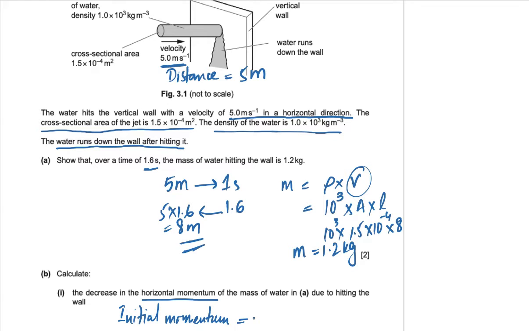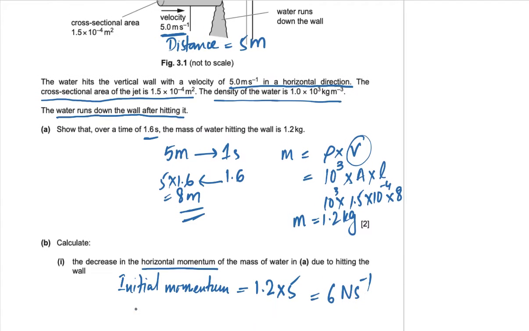The formula for momentum is mass into velocity. So the mass of the water in part A is 1.2 kilograms into the velocity with which it travels horizontally, which is 5 meters per second as indicated. So 1.2 into 5 equals 6. Now the final momentum,